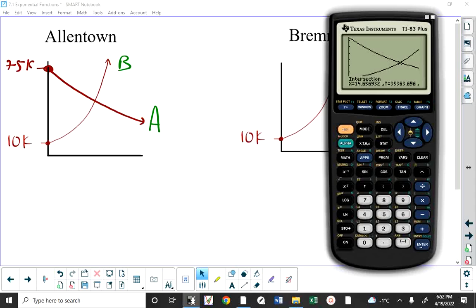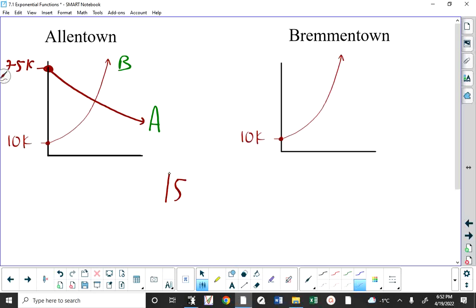And this next little bit of business is important. We have to round that up. Even if that were 14.1, we would have to round it up because the question says after how many complete years. So you wouldn't round down no matter what in this case. The answer to the question is 15 years. And finally,